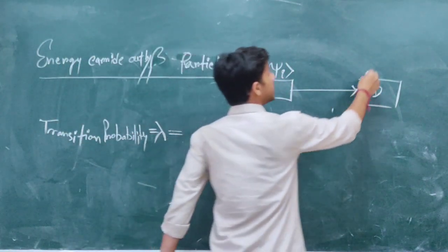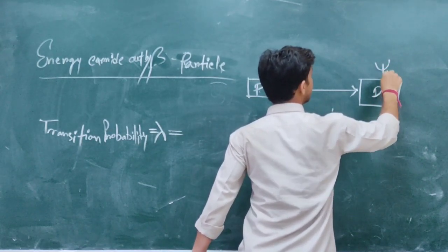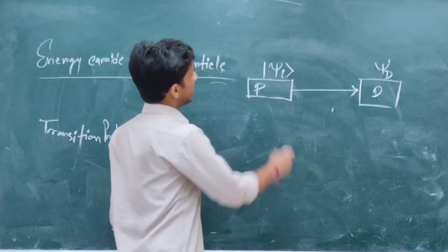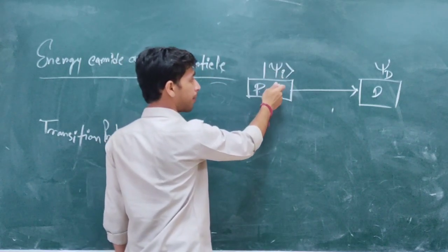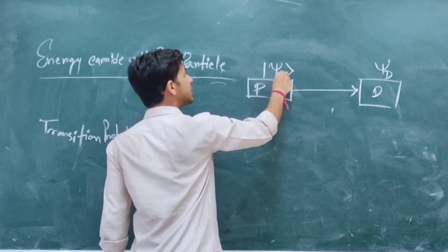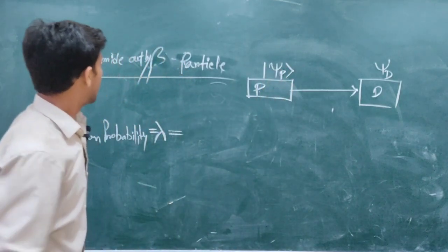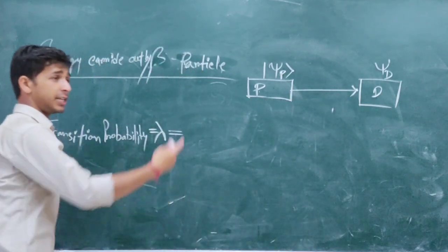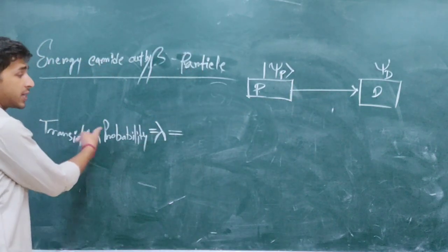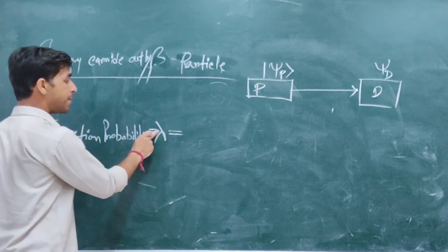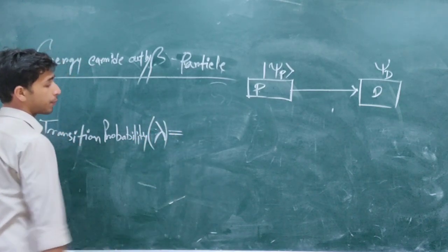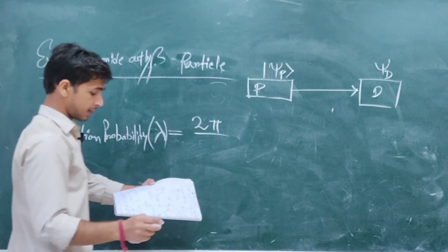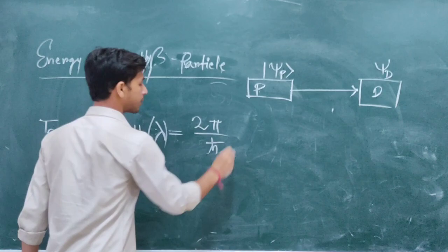The daughter nucleus has the wave function psi d, and initially the parent nucleus has the wave function psi p. The transition between the initial and final state is given by the transition probability denoted by lambda, which equals 2 pi divided by h cross